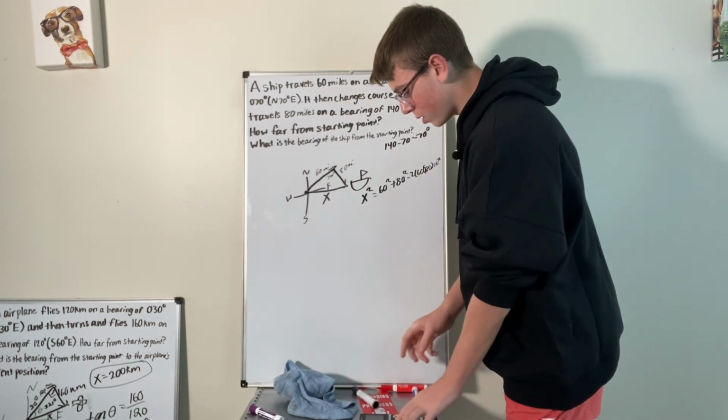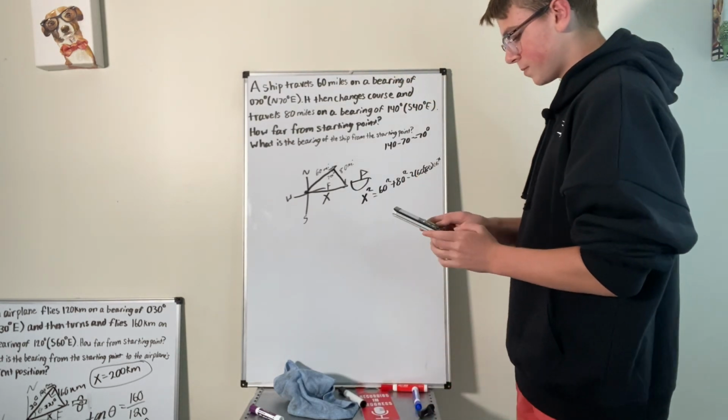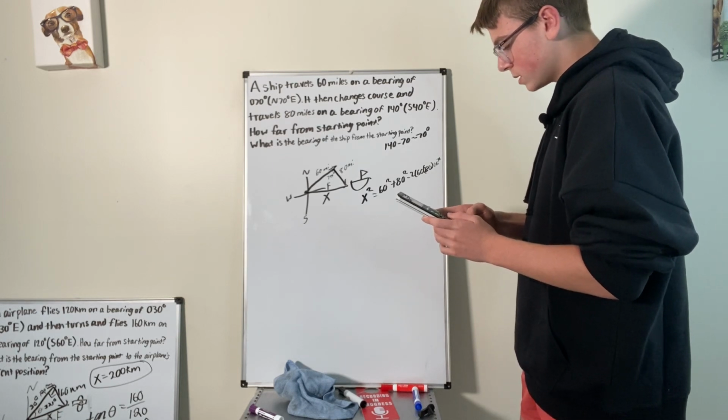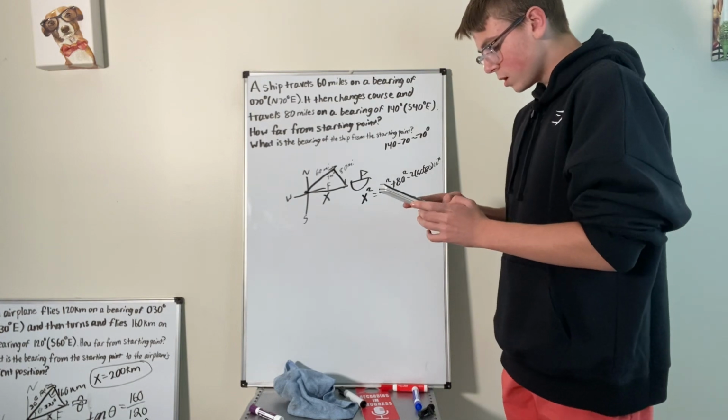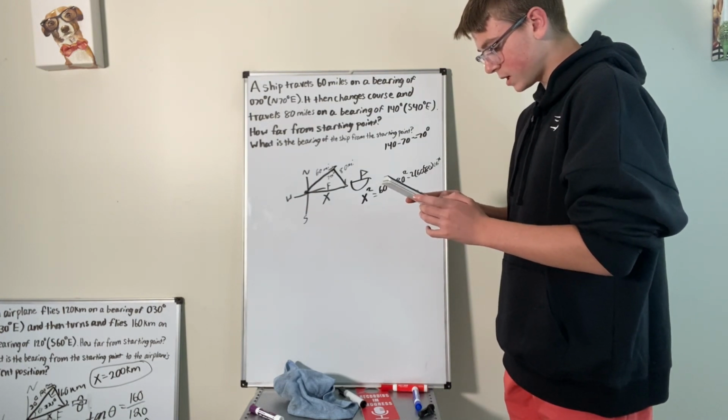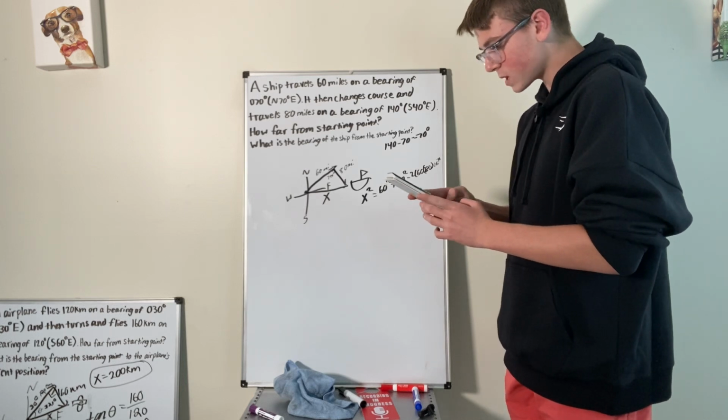I'm just going to put that all in my calculator. So 60 squared plus 80 squared equals 10,000. 2 times 60 times 80 times cosine 70 equals